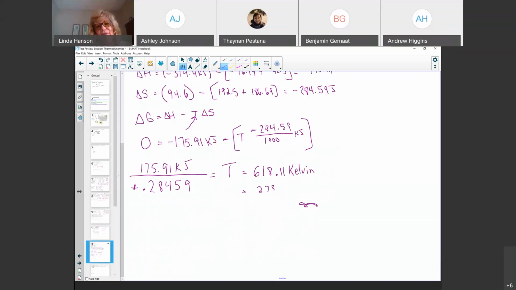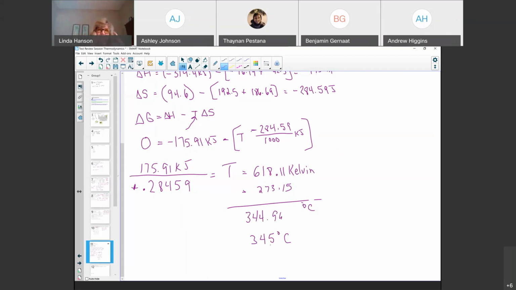So oftentimes, just to remind ourselves, check the units. One of the tricky things in the multiple choice is they'll ask for you to do that in Celsius and then have the Kelvin answer as one of the choices, but with the Celsius unit on it. They're just tricky that way. So if you're asked for Celsius, let's deduct the 273.15 and we'll report it as 344.96. Let's just round, let's say it's 345 degrees Celsius.